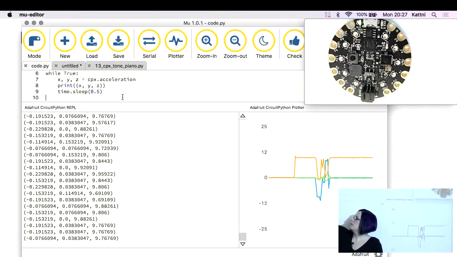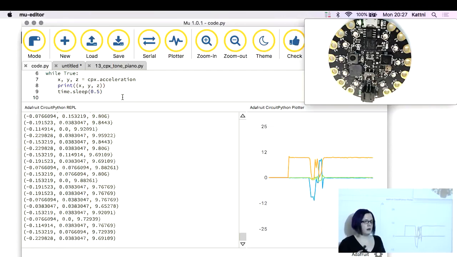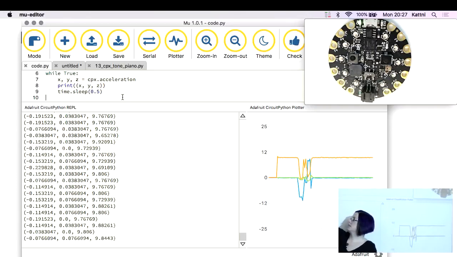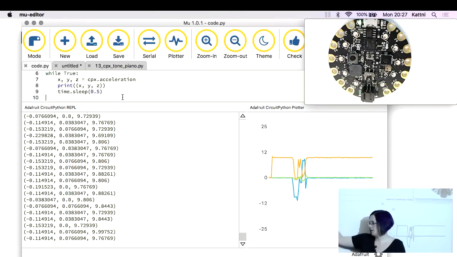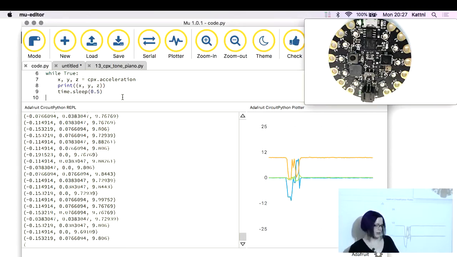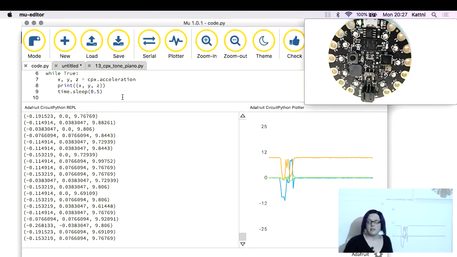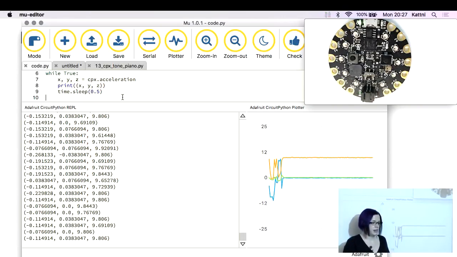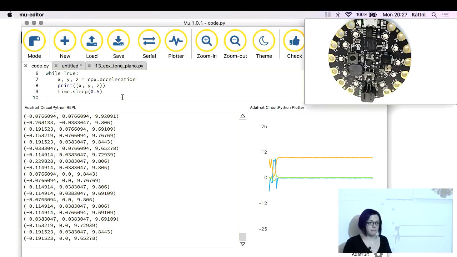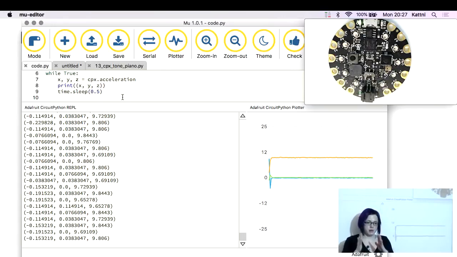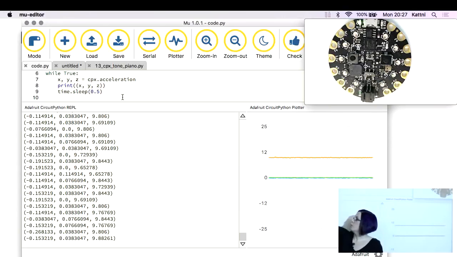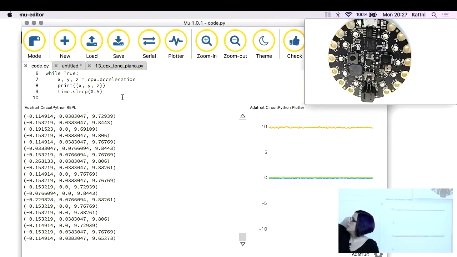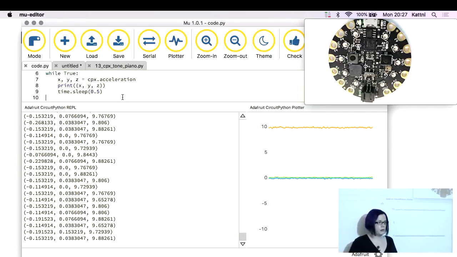Then you want to print, and print statements also want one argument, and your argument is 3 things. It's x, y, and z, so that's why we've got the double parens again. And I put a time.sleep on it because otherwise this is impossible to read. It's just really fast. And the plotter wants what's called a tuple, which is any piece of data and at least 1 comma. Normally a tuple would be multiple members, so anything in parentheses with a comma is considered a tuple. This is considered a 3 tuple. Without that, it would have been a 2. But you can do a single member tuple